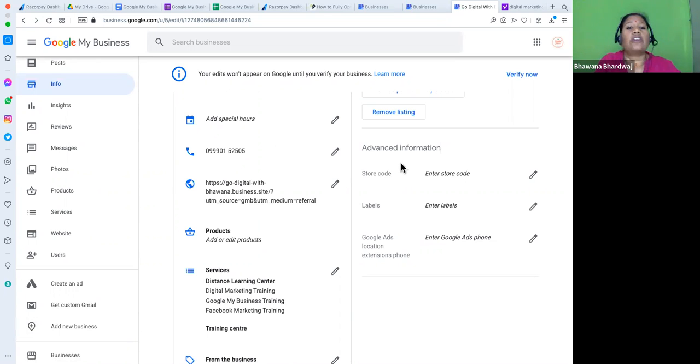So these three are this. If this is the extension of any existing business, this information is you can use to show that you are part of any existing brand. So right now we have limited time.